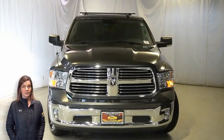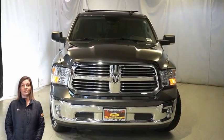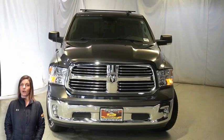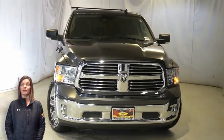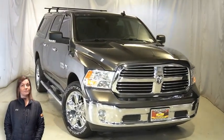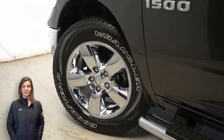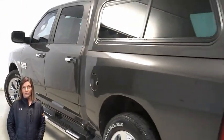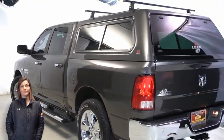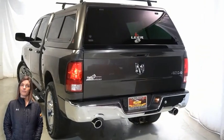Power, performance, capability, and capacity allow you to take on new challenges and adventures. Take a look at this certified pre-owned 2018 Ram 1500 Bighorn Crew Cab in granite crystal metallic. With fully automatic headlamps, front fog lamps, 20-inch aluminum wheels, power heated mirrors with power fold-away, tow package, heated front seats, heated steering wheel,